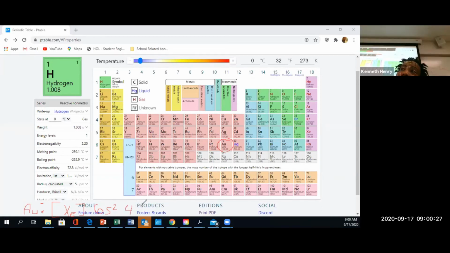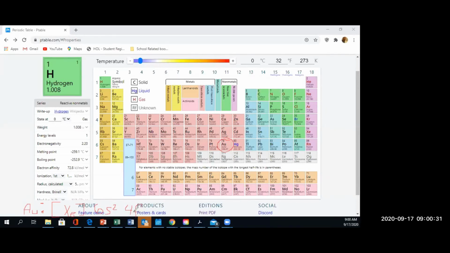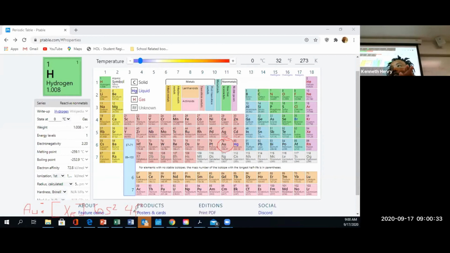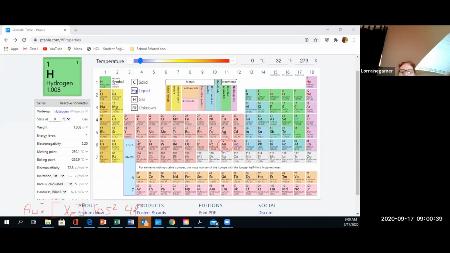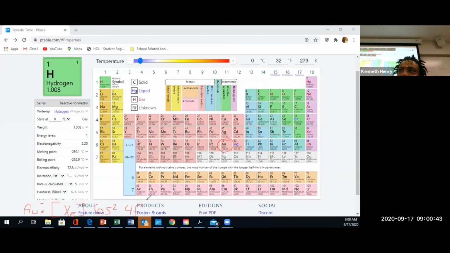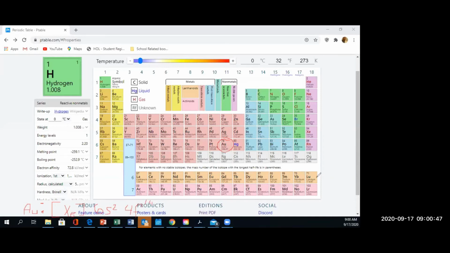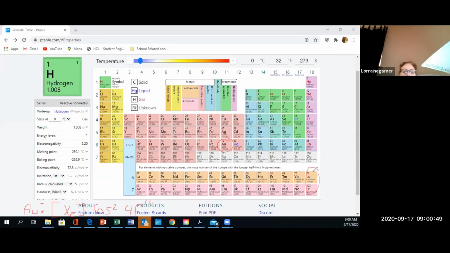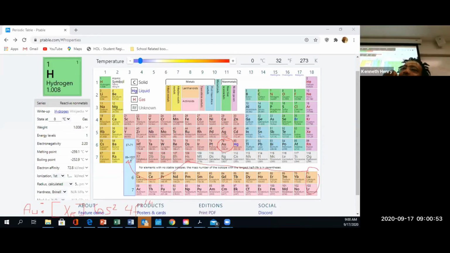Wait, hold on. 4f11? Is it 13? Sorry, I didn't count right. Is it 15 or is it 14? How many does the F orbital hold? 14, because these two belong up here, in that hole. That's right. Okay, and then